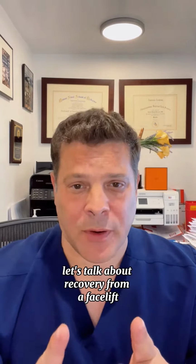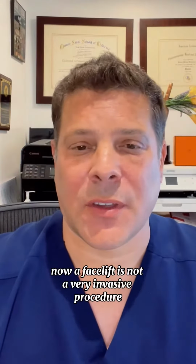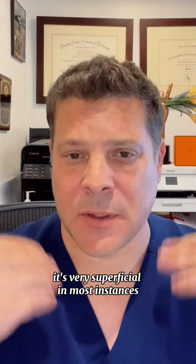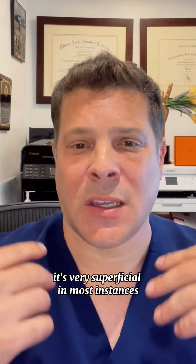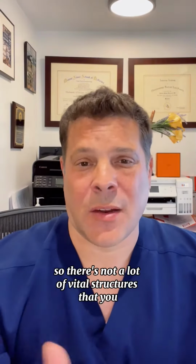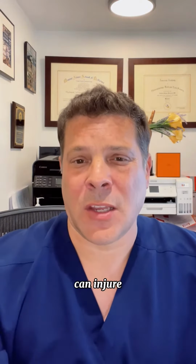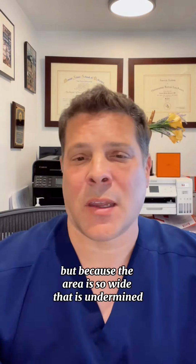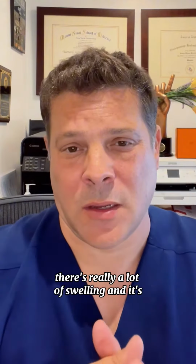Let's talk about recovery from a facelift. Now, facelift is not a very invasive procedure because you're not going super deep. It's very superficial in most instances. So there's not a lot of vital structures that you can injure. But because the area that is undermined is so wide, there's really a lot of swelling, and it can be